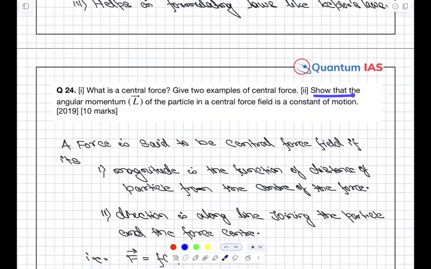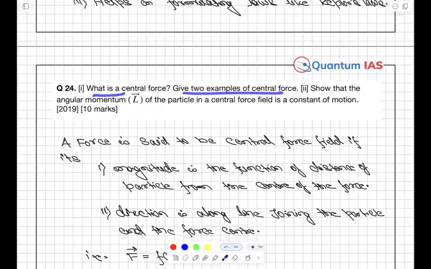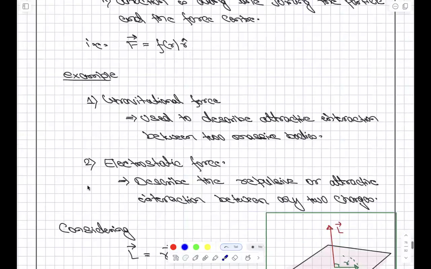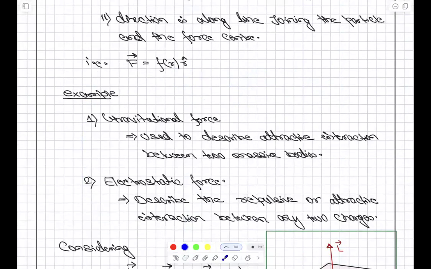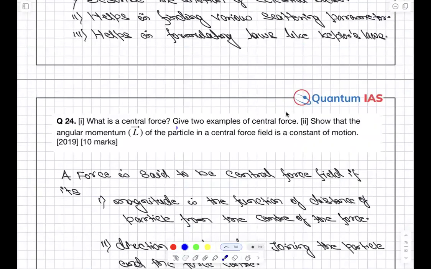ठीक है, कमिंग टू नेक्स्ट वन। देखो एकदम एग्जैक्ट सेम है। शो दैट द एंगुलर मोमेंटम ऑफ द पार्टिकल इज अ सेंट्रल फोर्स इज अ कांस्टेंट ऑफ द मोशन। अब लिखने का तरीका कैसा होगा देखना। व्हाट इज द सेंट्रल फोर्स? गिव टू एग्जांपल ऑफ दैट। एग्जांपल लोग लिख आते हैं, gravitational force, electrostatic force। भाई एटलीस्ट डिफाइन देम इन वन लाइन। बस एक लाइन डिफाइन जरूर कर देना एग्जांपल को, क्योंकि इट इज स्पेसिफिकली मेंशन गिव टू एग्जांपल ऑफ सेंट्रल फोर्स।